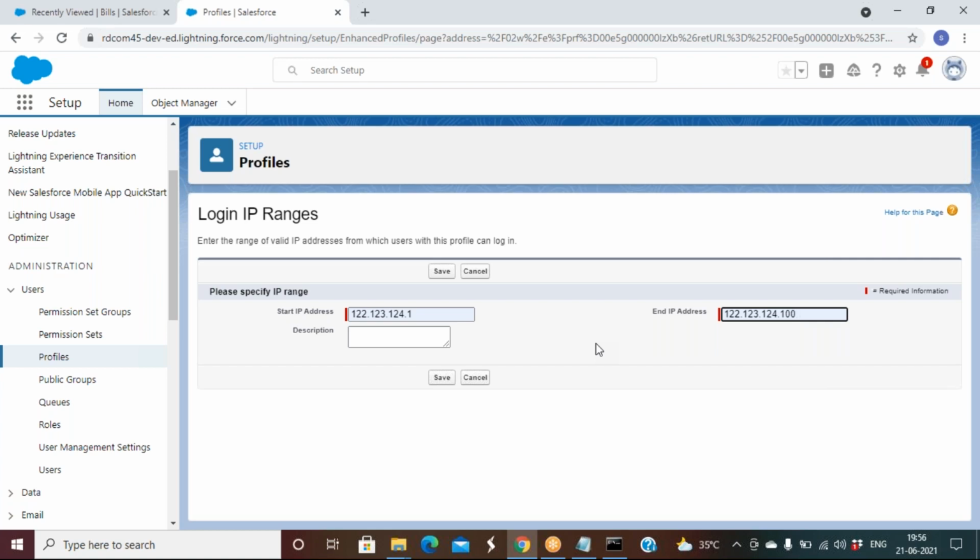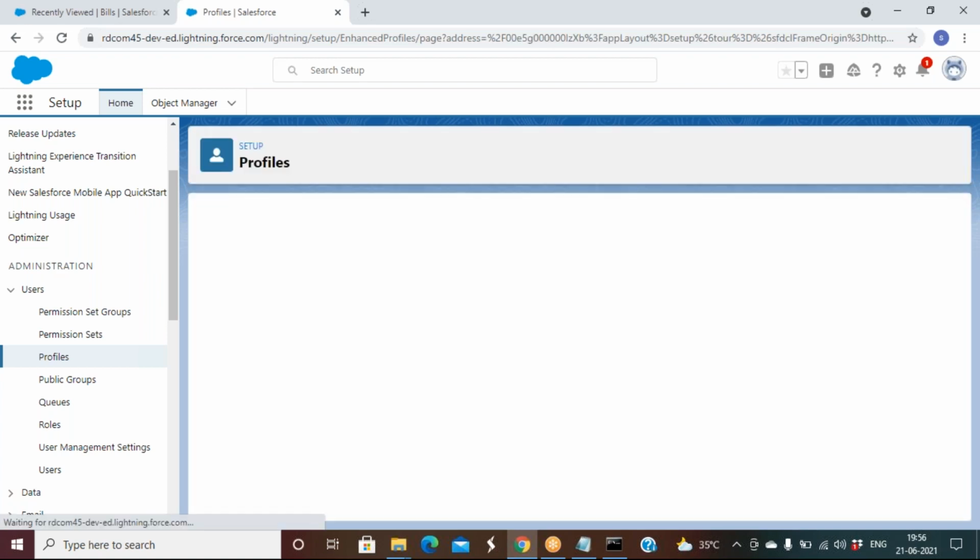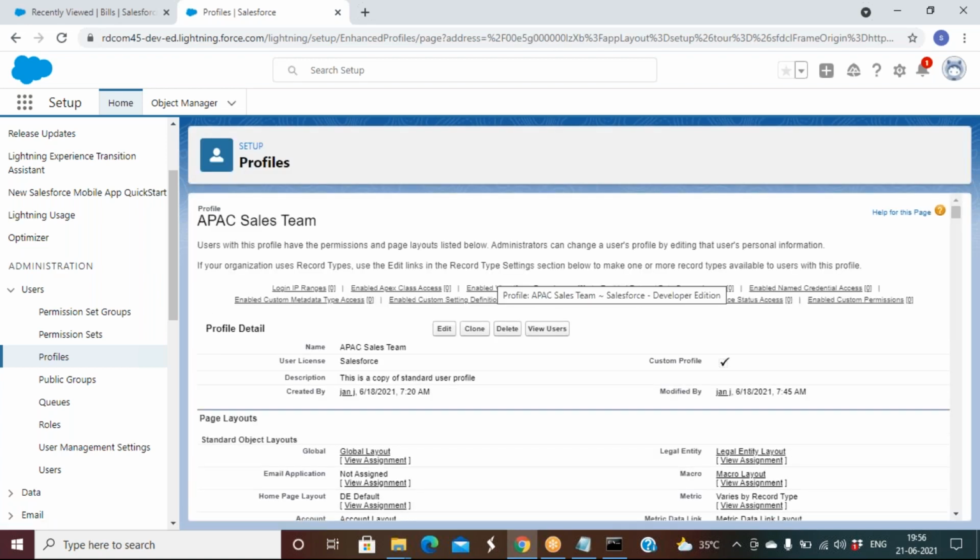You approach the network team and route the ticket to your manager, saying the user is trying to log in with an IP that is not registered in the associated profile, and asking if we can allow it. That goes to the network team, and they have to give us a green signal. Then you can add that IP.